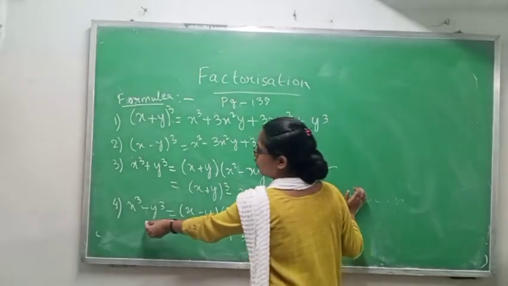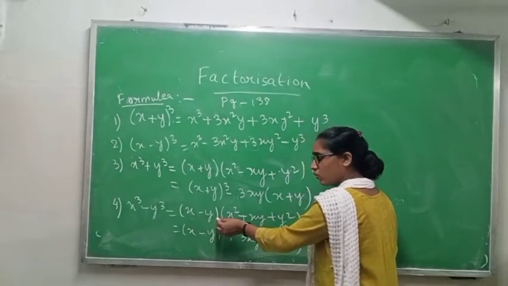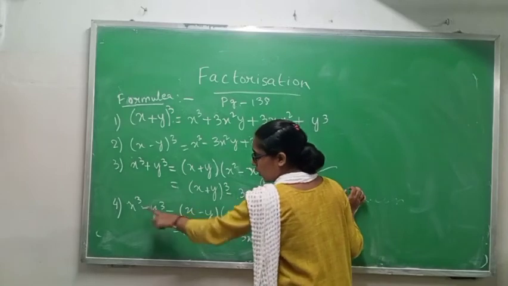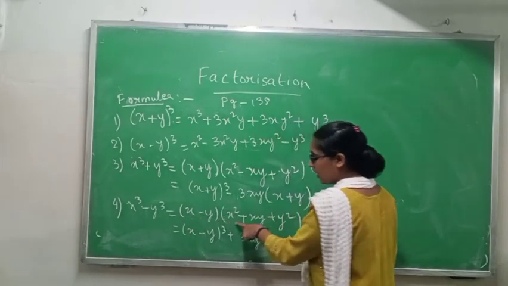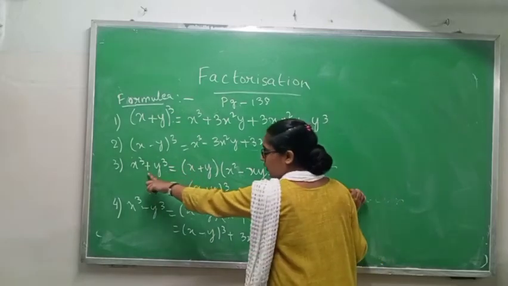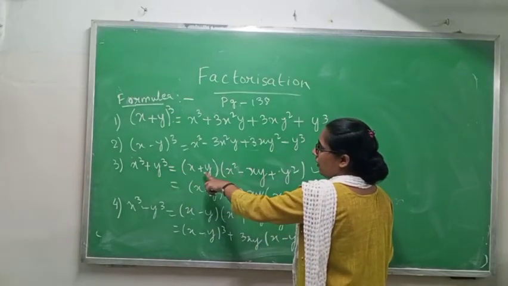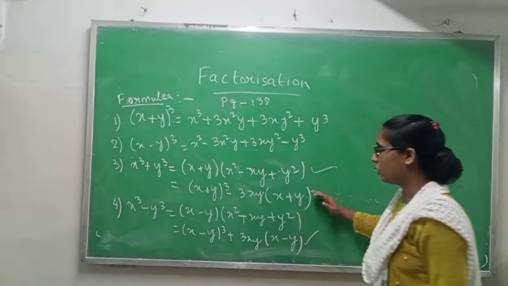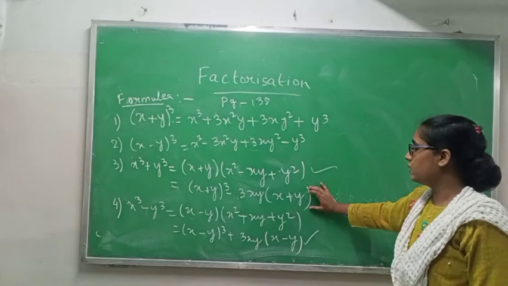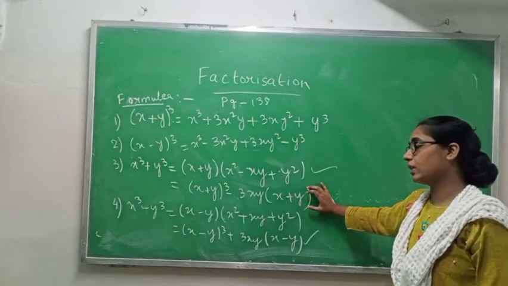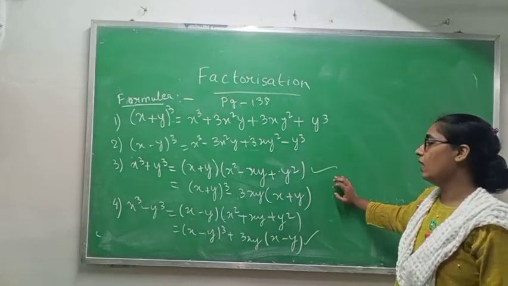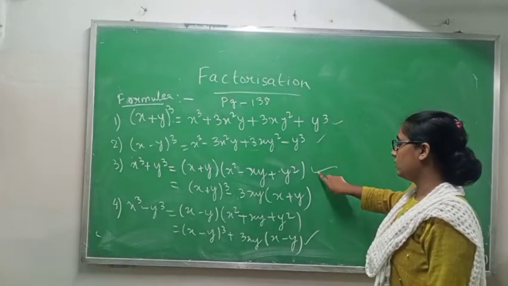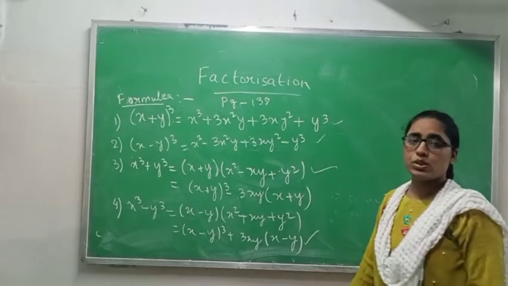Same thing happens with x cube minus y cube. The formula is (x minus y)(x square plus xy plus y square). It means when you have the minus formula, then you will keep x minus y, otherwise all will be positive. And when you have the plus formula, then you will keep minus only here, otherwise all will be positive. And there are two formulas for x cube plus y cube. Mainly this formula we will use when we prove or do something in exercise 8.4 and 8.5. But in this exercise we will use this, sometimes this also. Okay, so please copy this in your copy.